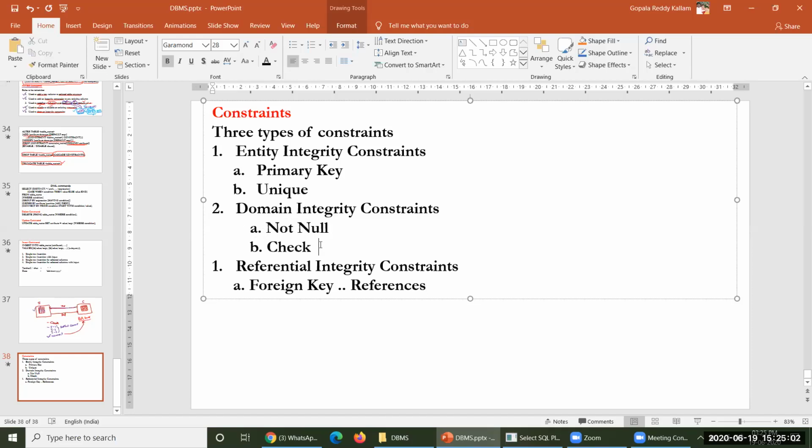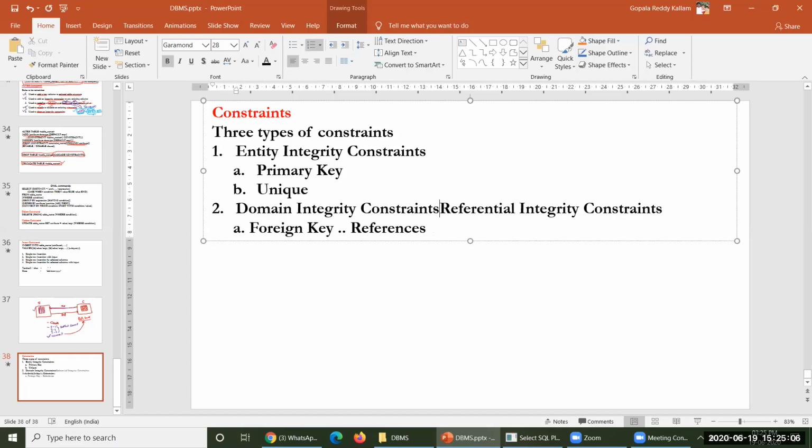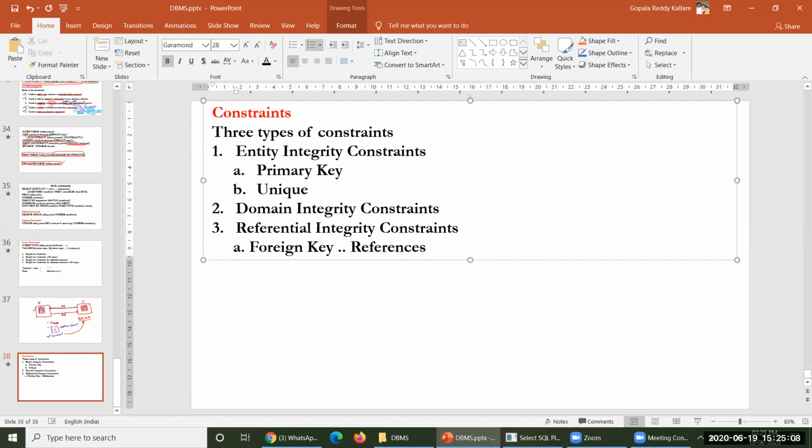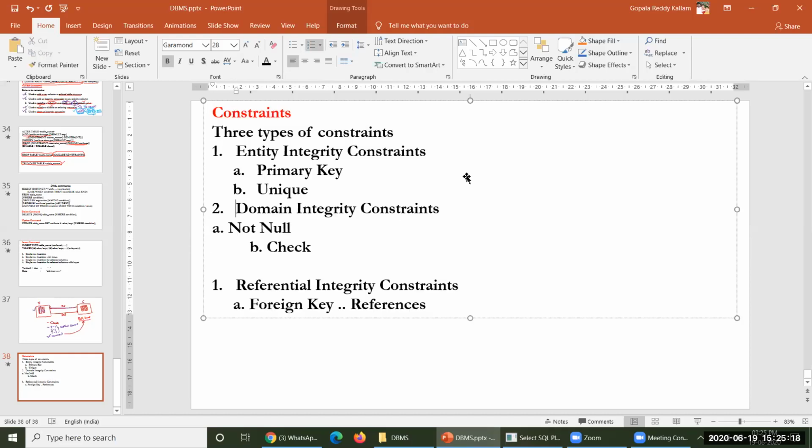So in the perception of referential integrity, these are two different types of things which happen here. Look at this, not null and check.